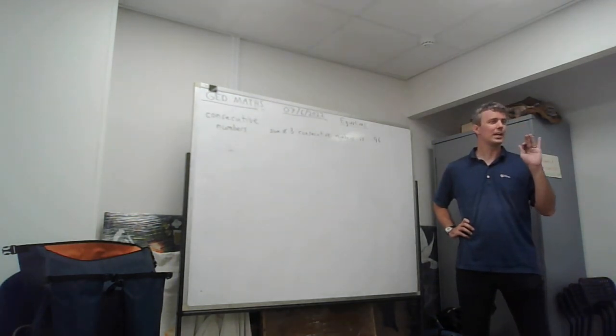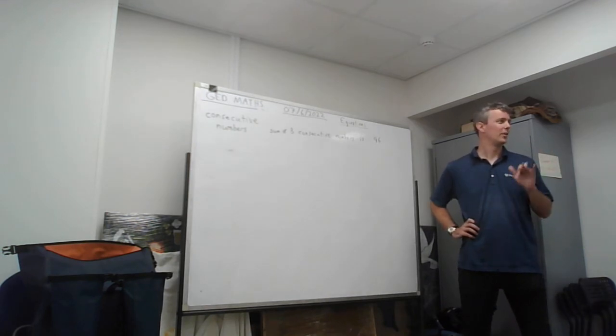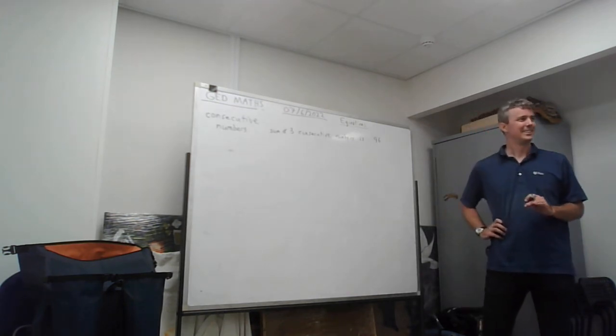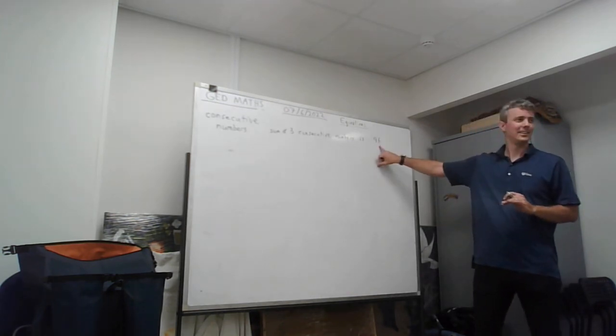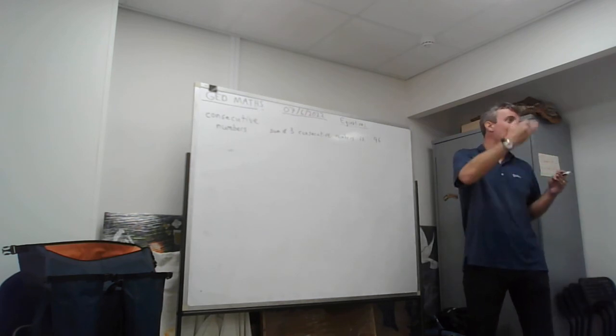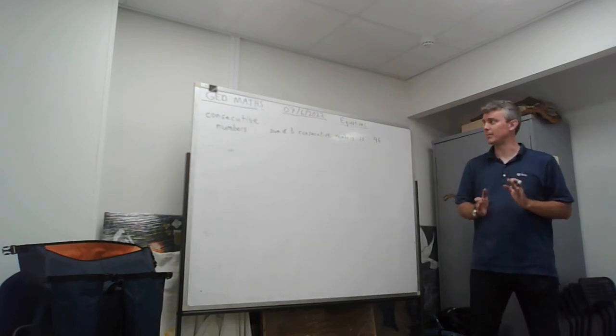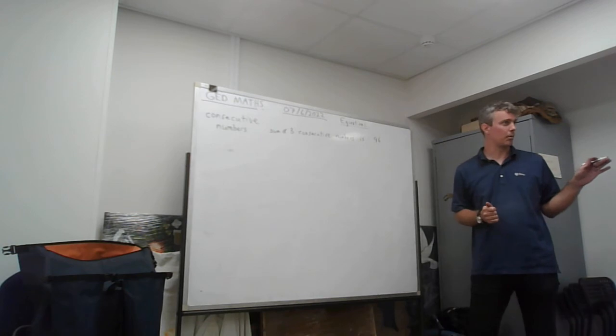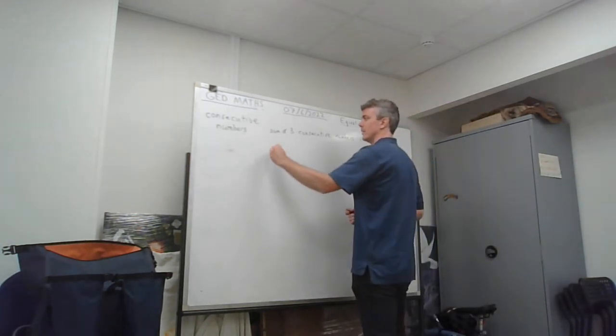The sum of 3 consecutive numbers is 96. What are the numbers? It's 96. So sum means you add them. So there's 3 numbers. So what you do for this kind of a problem is you say x is the